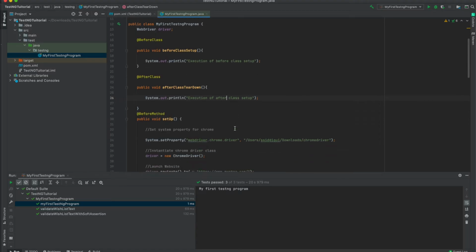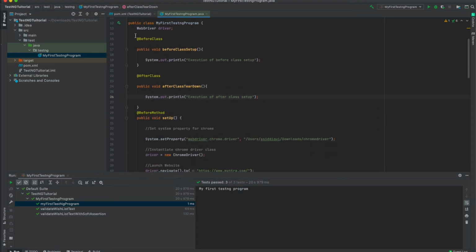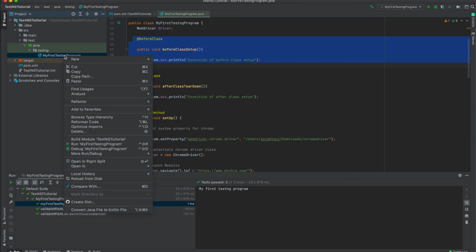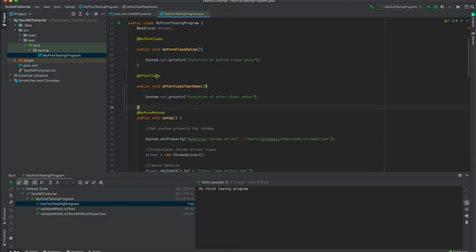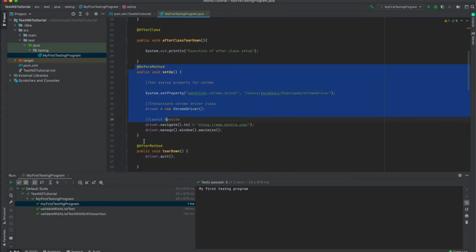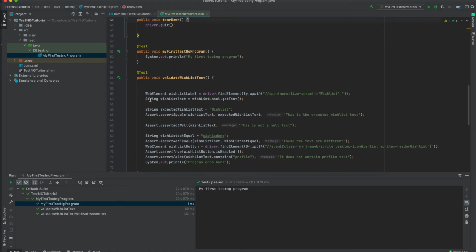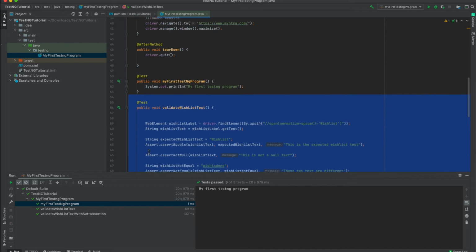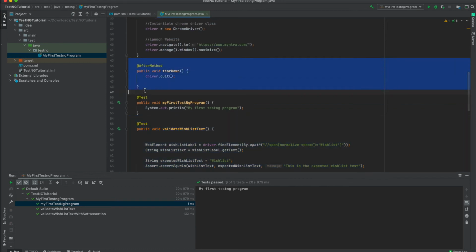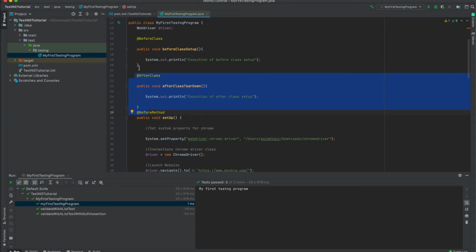change this thing. So in short, what I would like to say, that before class, if we are writing anything in this annotation, then here is the Java class, right? So once we are going to execute anything, then this will execute first. And once everything is executed, before method, after method, and all the test cases, so basically by logic, in the last test case and after the last after method, it will execute after class. And before class, this is the first thing which is going to get executed in the class, so we need to keep that thing in mind.